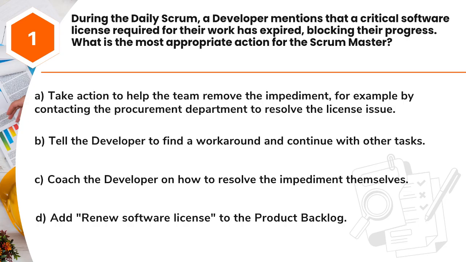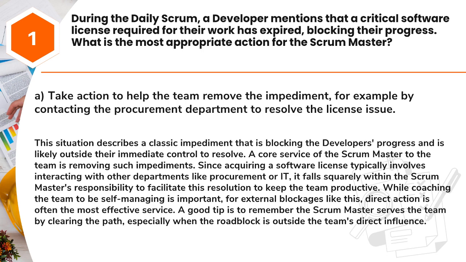C. Coach the developer on how to resolve the impediment themselves. D. Add renew software license to the product backlog. Answer. A. Take action to help the team remove the impediment, for example by contacting the procurement department to resolve the license issue. This situation describes a classic impediment that is blocking the developer's progress and is likely outside their